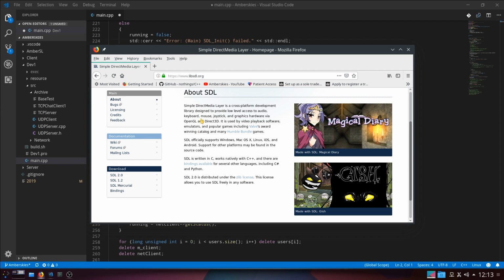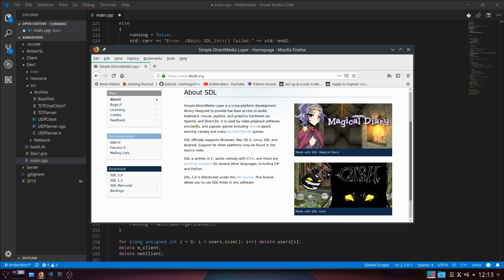Simple Direct Media Layer is a cross-platform development library designed to provide low-level access to audio, keyboard, mouse, joystick, and graphics hardware via OpenGL and Direct3D. Yes, a one-stop shop for everything.